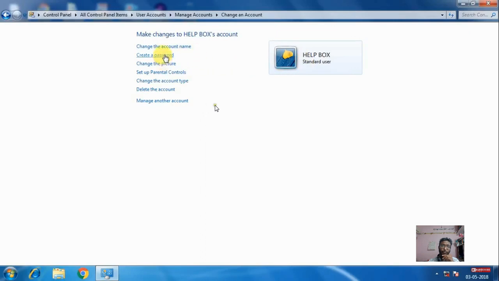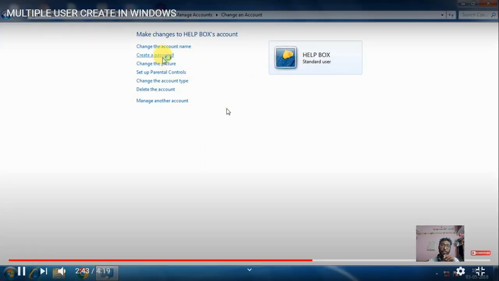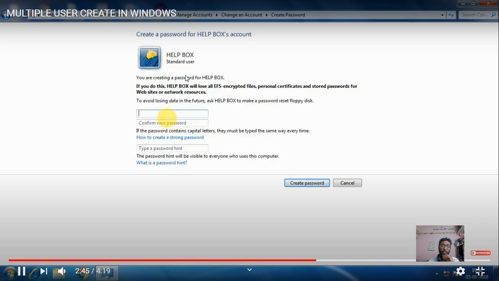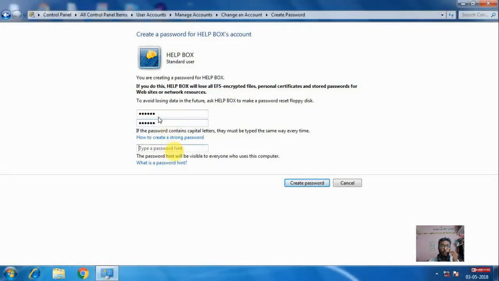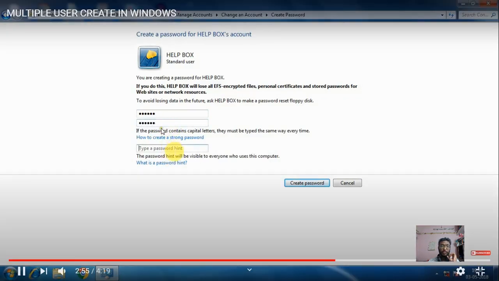Now if I want to give access with a password, click on create password, and after clicking that button, you can insert the password, and you have to enter it 2 times, and then you can give any hint. The hint is just in case you forget your password.